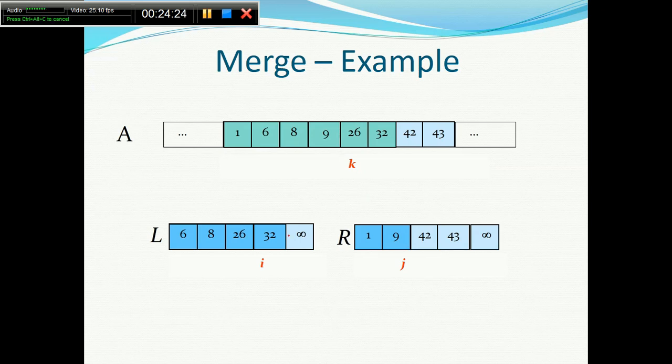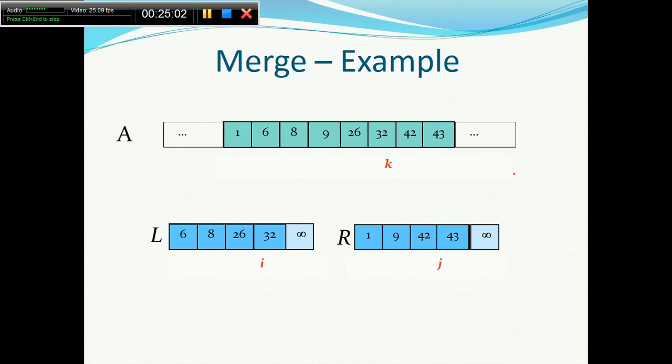Now you see, what is the purpose of infinity? The purpose of the infinity is only to make it a stopping condition. Once the array has been exhausted, you can copy from the second half just by comparing with the infinity, because infinity is a very large number. So 42 and infinity, which is smaller? 42, because we are always looking for the smaller number. So I put the infinity at the end. So 42 will be added, and then j will increase, and 43 will be copied, and k will increase. This means from the two sorted subsequences you have just merged them to create a larger sorted array. So that is all about the merging